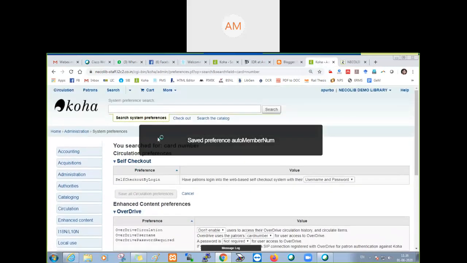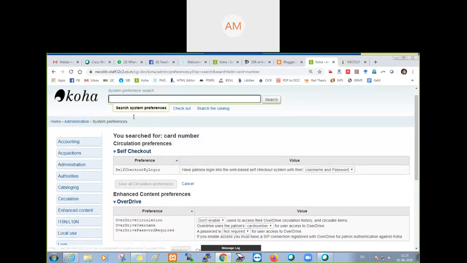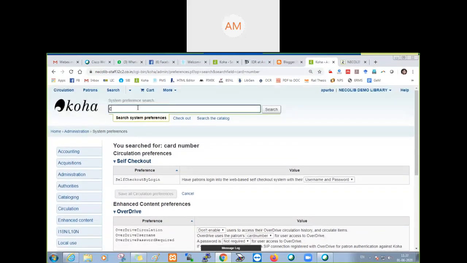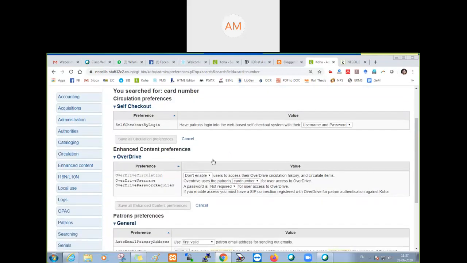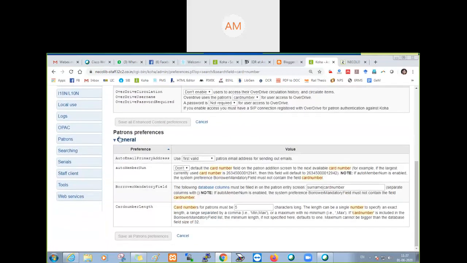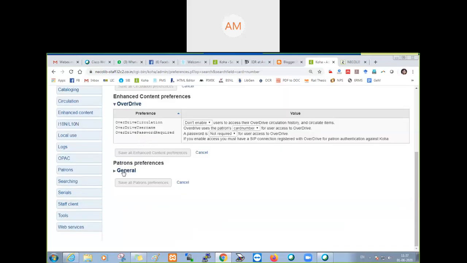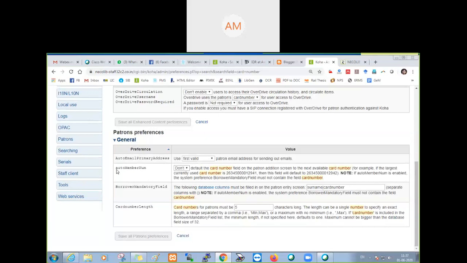In the global system preferences, you search for card number. Different options came. Now I went to patron preferences, general. I type auto member number.